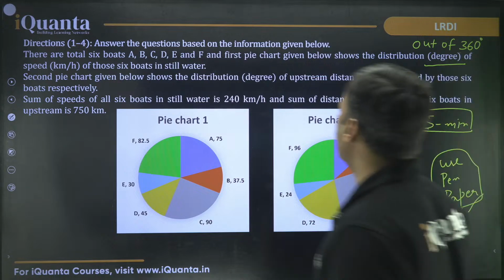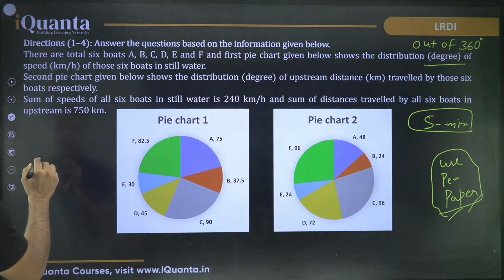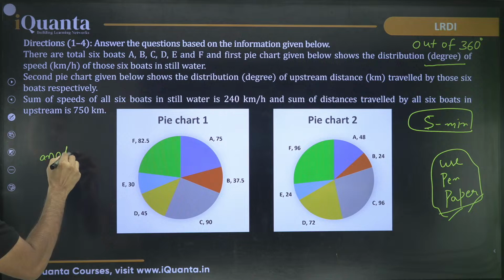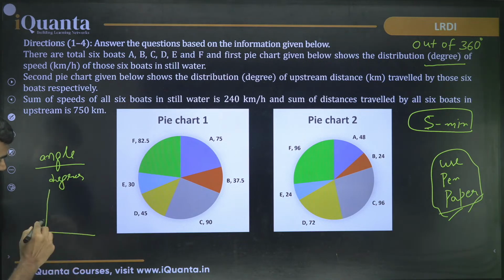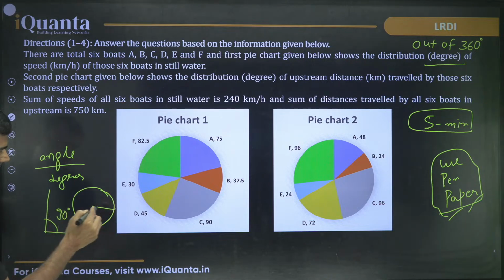Okay? Now, degree. Degree is angle. पता है बेटा angle? Angle में जैसे हम degrees का इस्तेमाल करते हैं. For example, 90 degree. That is the degree that we are talking of. So if there is a full circle, that means the angle made is 360 degree. I hope that is clear.